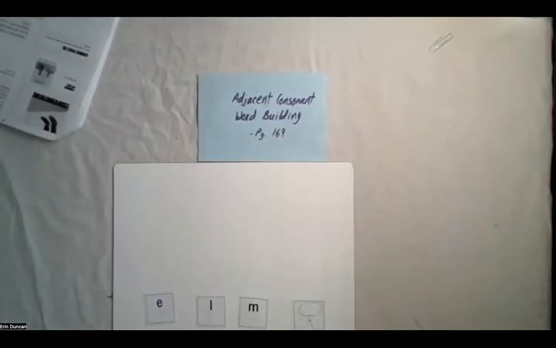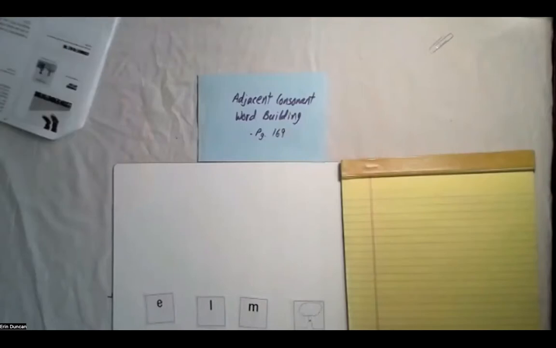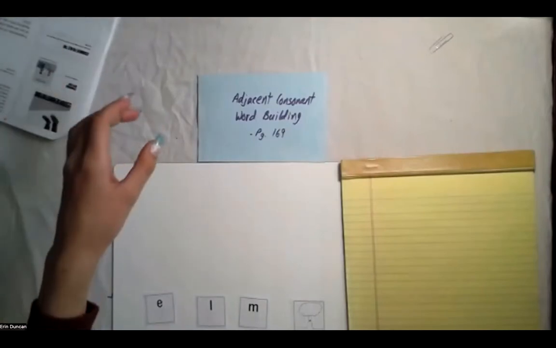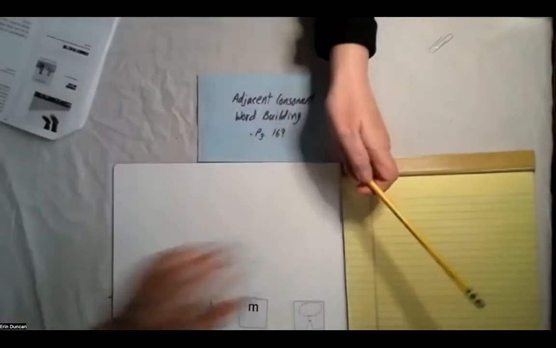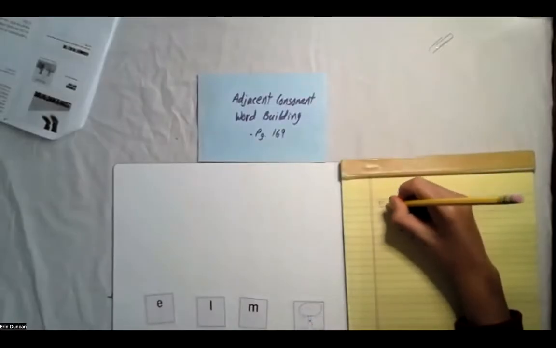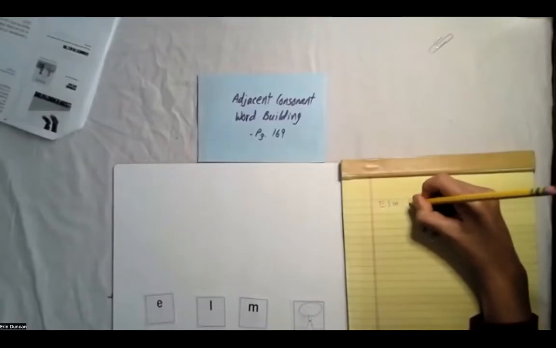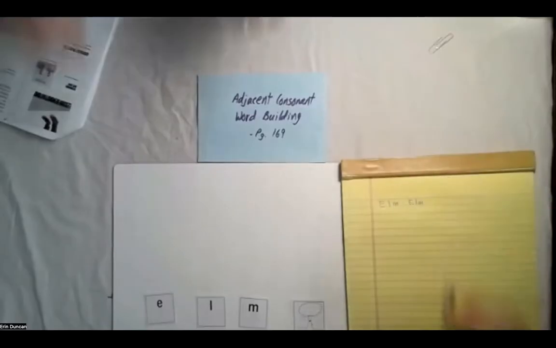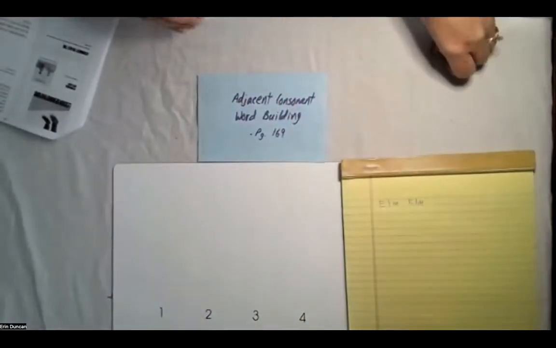And I would give her a piece of paper and say, let's practice our mapping. Do you remember what mapping was? I think so. That's where you say each sound all by itself as you write it. I know. Okay? So why don't you map out elm? Let's hear it. Elm. All right, looks great. Let's build another one.